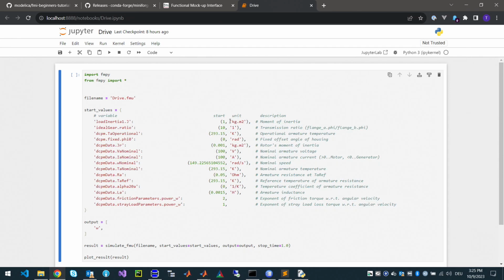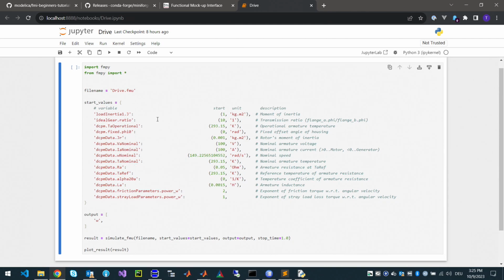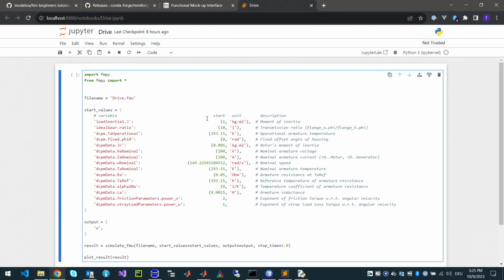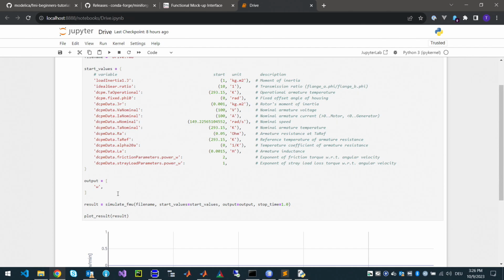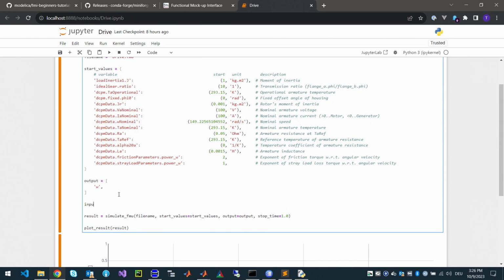What it does is it's taking all the information from the XML and generates this nice file for you. So you can just instantly run this. I just press Shift Return to run the notebook. You get exactly the same output with the nice labeling and units and all the stuff. And so now we want the input. So what we can do is input equals read CSV drive in.csv, and then we can use this here as an additional variable